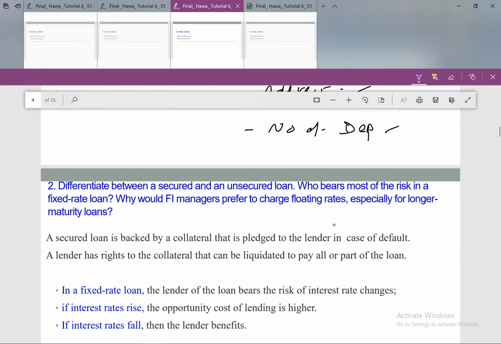Differentiate between secured and unsecured loans. Just take the collateral. The word collateral is a synonym for security. And the security can be any type of assets. So a secured loan is backed by collateral that is